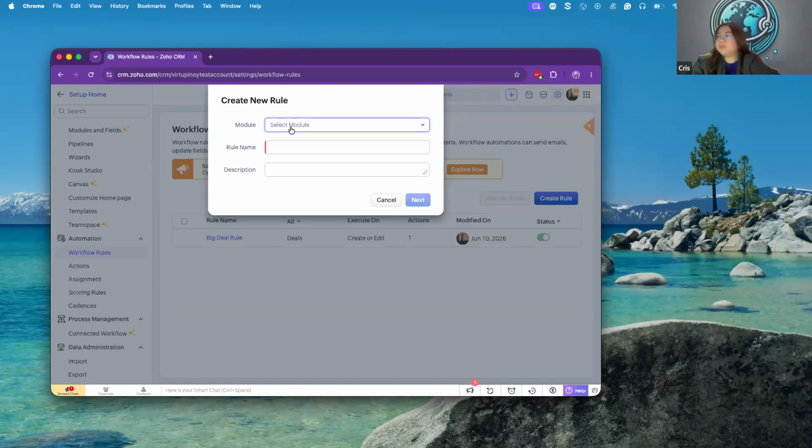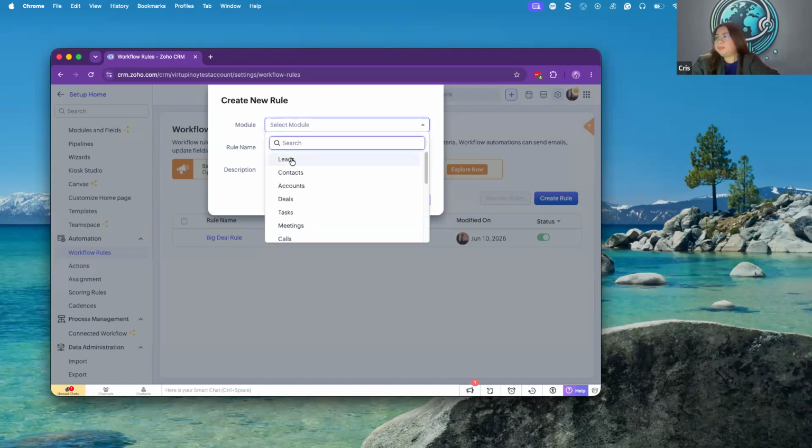So let's name the rule. Before we name the rule, we have to select the module. So, ang module natin ay lead kasi once nag-register yung mga prospective customer, it will directly go to the lead module of Zoho.